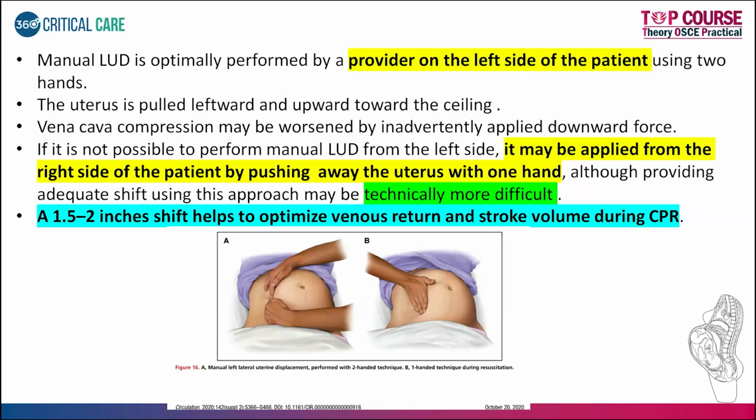Okay, so when you're doing the displacement, it should be leftward and upward towards the ceiling. So that is what is usually the way to move the uterus. Okay,